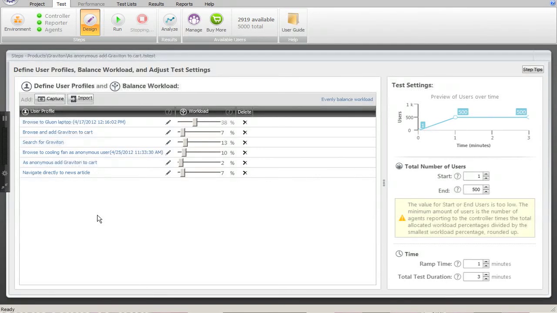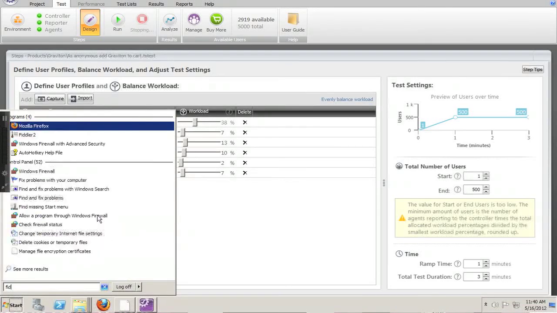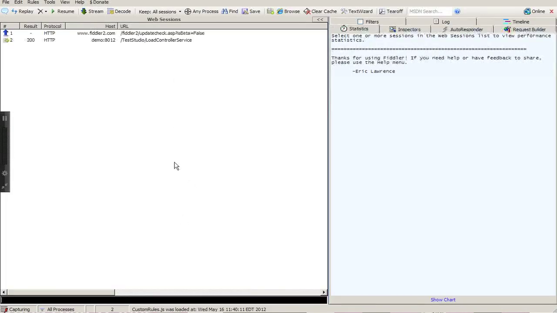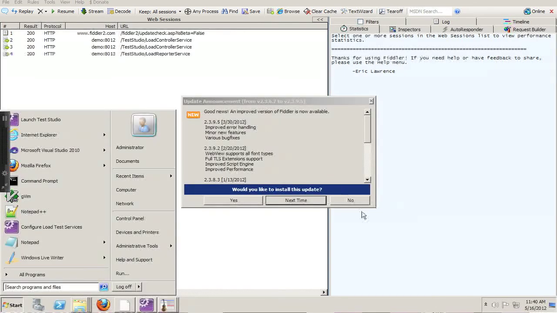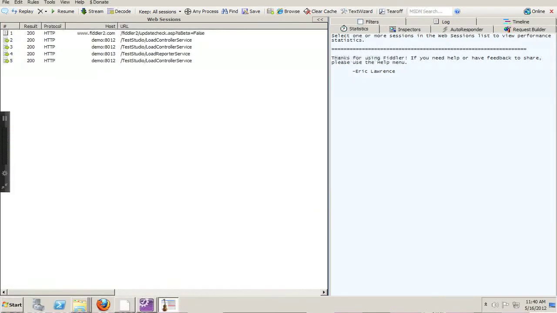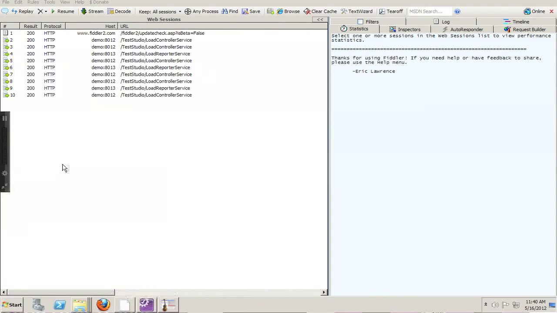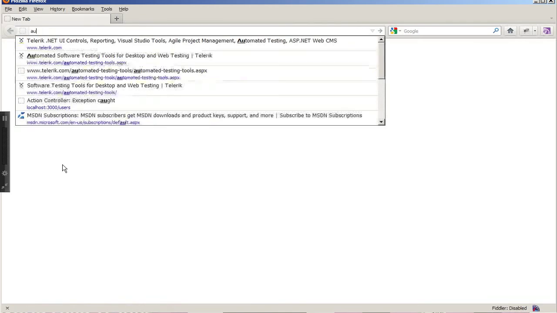Now if you're not familiar with Fiddler, Fiddler is a great little application that acts as a proxy, and it monitors traffic to sites. So if I start up, oh, I don't want that right now, not during a demo. You notice that it's capturing HTTP requests and transactions that are going back and forth, but it will also capture traffic that's going to